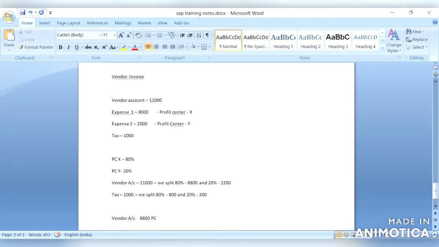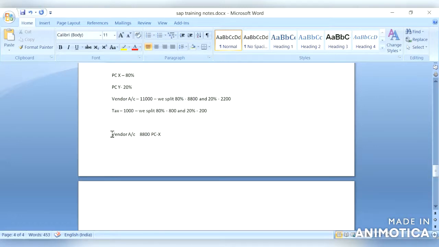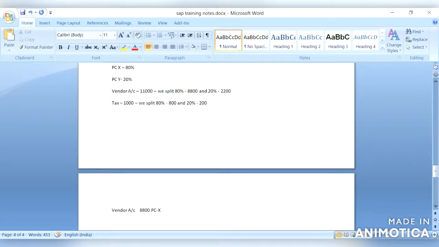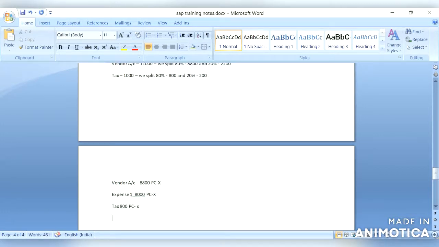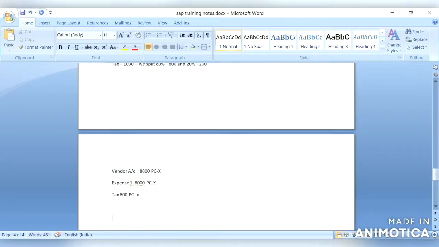8,800, its profit center X, and expense 1 8,000, and even this is profit center X and tax is 800 and profit center is X. So now if you see 8800 for vendor account, expense is 8000 and tax is 800, and we can see all are posted to profit center X. And next